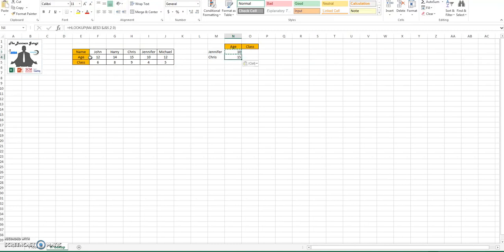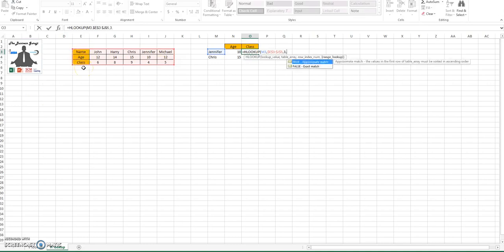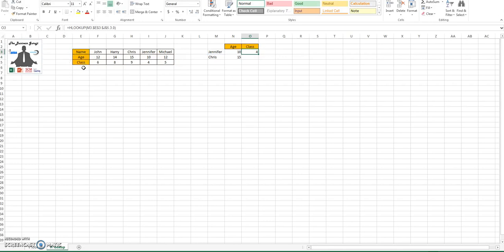Now I'll copy and paste it here. So if you see the formula, it is moving from Chris, M4, E3 to J5, 2, 0. Now we'll quickly use this for class: equals HLOOKUP, Jennifer, sorry, table array, freeze. Row index number would now become 1, 2 and 3, and 0. We get 4, which is 4. Now I'll paste it for Chris, becomes 9. Now if I want to check for John, both of these parameters change, which is 12 and 6, hence my